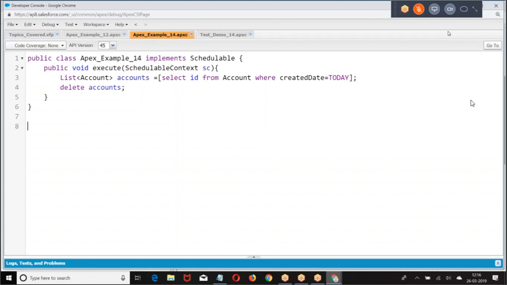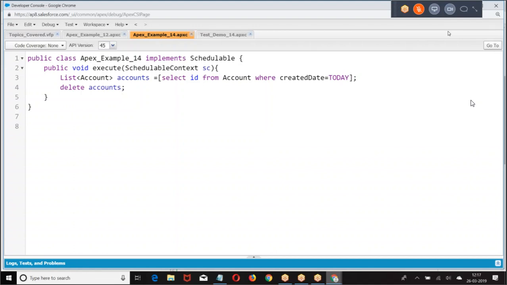For interview purpose, people will not ask you any questions on list, set, map, wrapper. They may ask you what is the difference between list, set, map, what is a wrapper, that's all. But for interview purpose, there are 10 questions on SOQL query, and 5 to 8 questions on your DML operations. And next, triggers, batch Apex, schedule Apex, future, extension, custom setting, custom metadata. These are straightaway questions. This will be the topics of your technical interview.